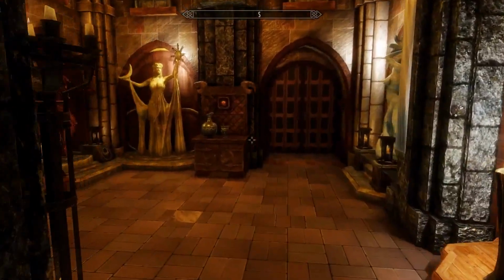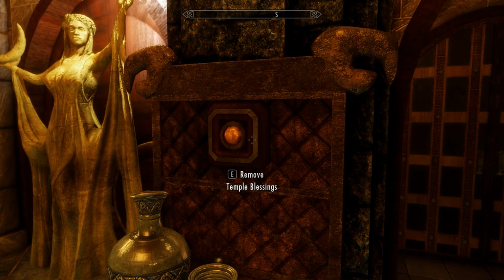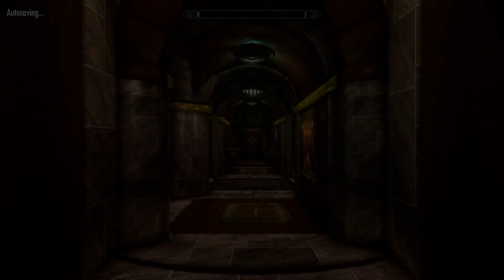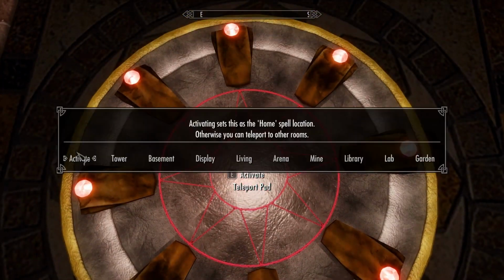But let's move on to the more interesting parts of it. Yeah, and if you want all your shrine enchantments removed, there's just a button for that. And that's what you'll find, is there's a lot of buttons. You can just press and it just does all these things that sometimes console commands can't even do. Now, I'm not entirely sure how this home spell location thing works, but...